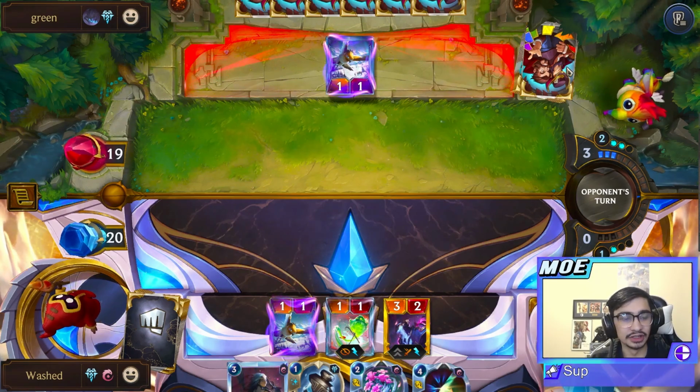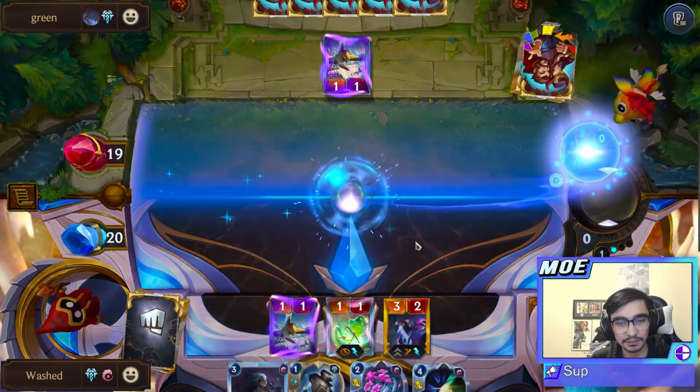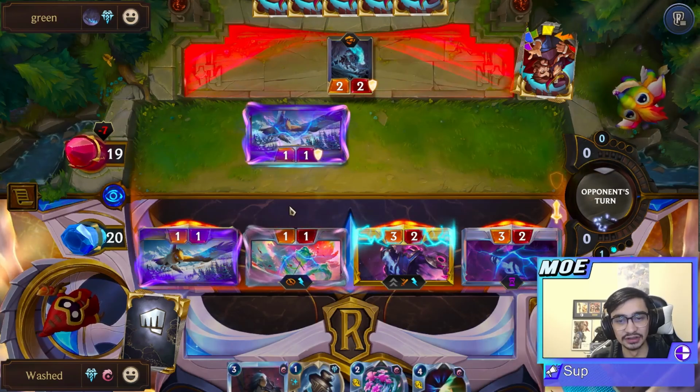Let's see what we got going on here. Depending on what they play, if all they do is ramp into a 2-2, yeah, that's fine. We can just attack with our Zed and be A-okay. So let's go ahead and do this. I want them to block the 1-1 here so I can play my Shadow Assassin and get more damage in